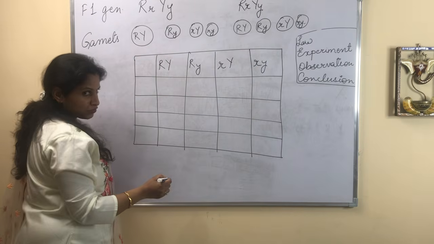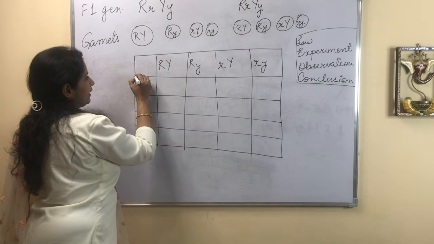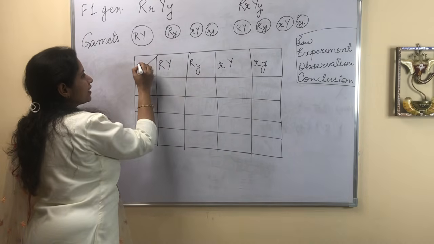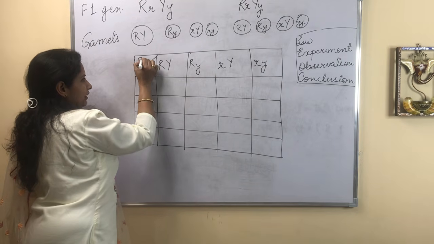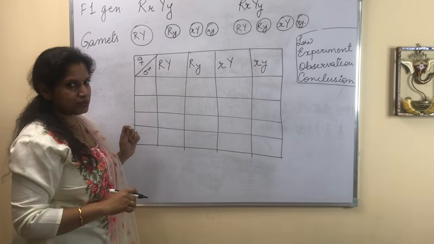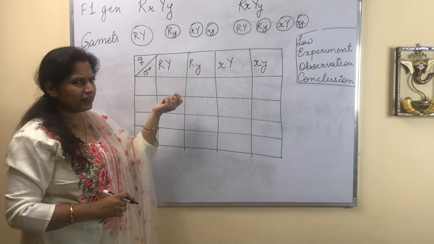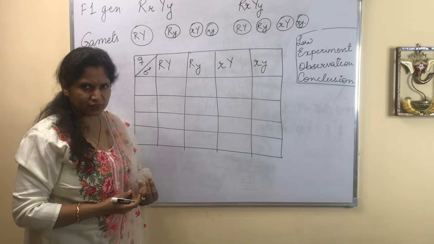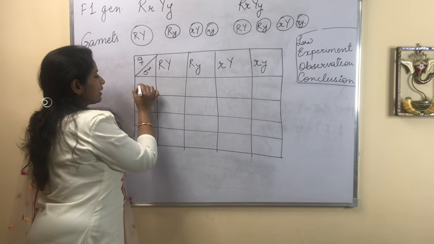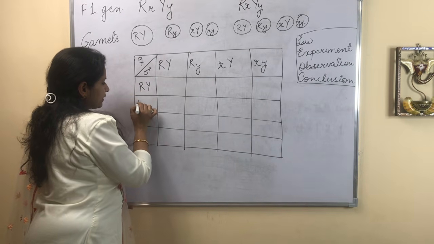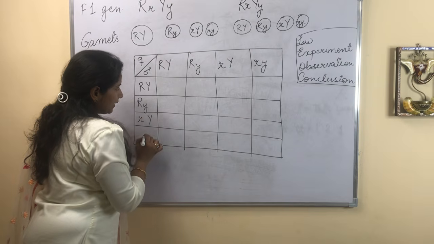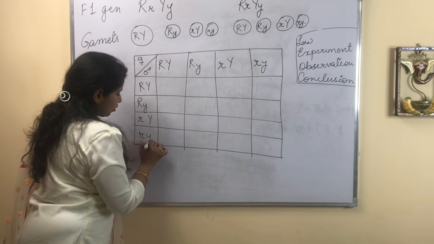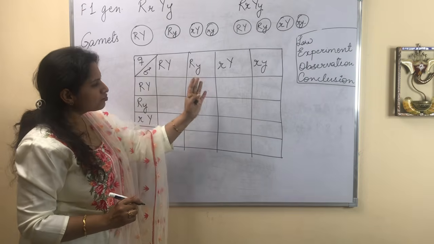स्मॉल वाई। ठीक है, सिमिलरली मेल और फीमेल दोनों में यही चांस है। एक्चुअली मेल को रिप्रेजेंट आप इस तरह से कर सकते हैं और फीमेल को रिप्रेजेंट करने के लिए ये सिंबल यूज होता है। अगर आपको सिंबल याद नहीं रखना तो आप मेल और फीमेल लिख भी सकते हैं, कोई प्रॉब्लम नहीं है उसमें। कैपिटल आर कैपिटल वाई, कैपिटल आर स्मॉल वाई, स्मॉल आर कैपिटल वाई, स्मॉल आर स्मॉल वाई।